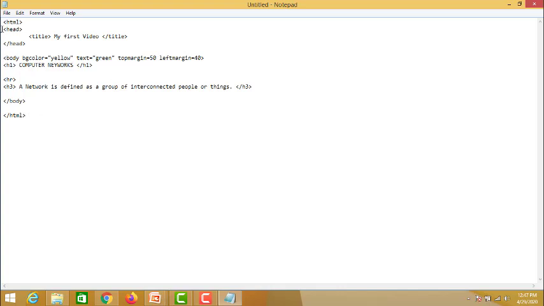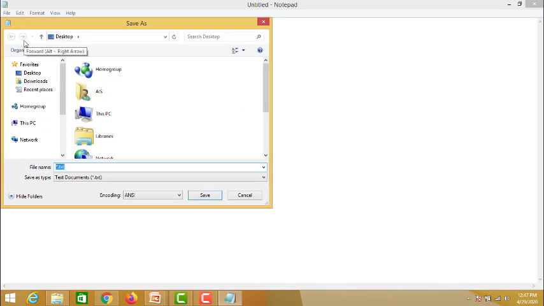Now the next thing to do is click on file and save the file. Remember, at the start we showed that we have to save these Notepad files, HTML codes, with .html.